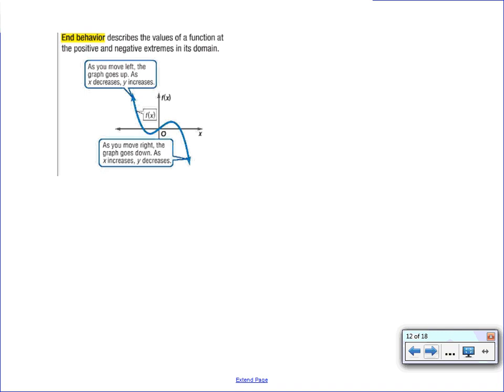Finally, we have end behavior. End behavior describes the values of a function at the positive extremes in its domain, okay? So as you move from left to right, we can see that the graph goes up. As x decreases, y increases. As we move to the left, what's happening at this end behavior? This is decreasing, right? The y value,